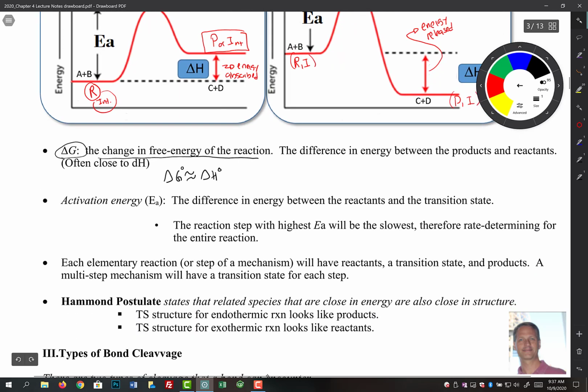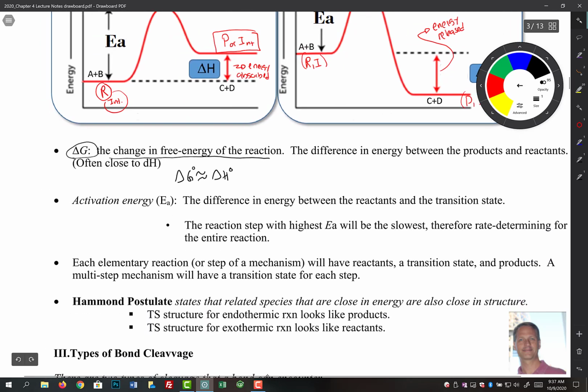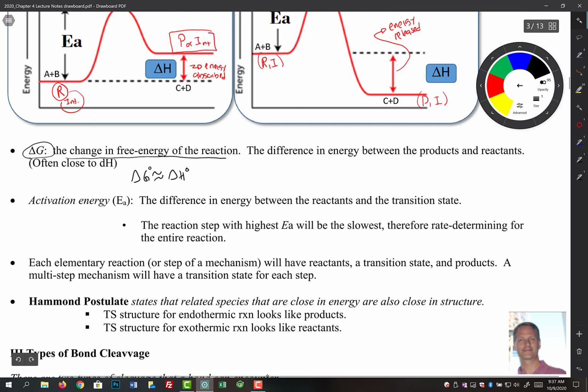And as we said before, that activation energy is the difference in energy between the reactants and the transition state. Now, the reaction step with the highest activation energy will be the slowest, and therefore the rate determining step for the entire reaction. So one of the things you see as we go through OChem is reaction mechanisms are more